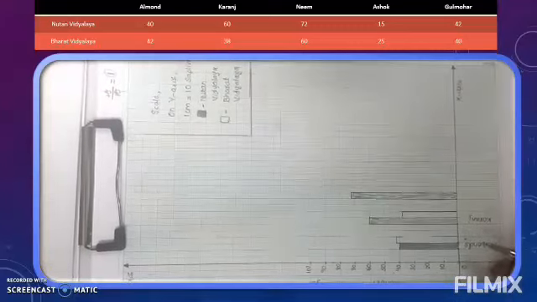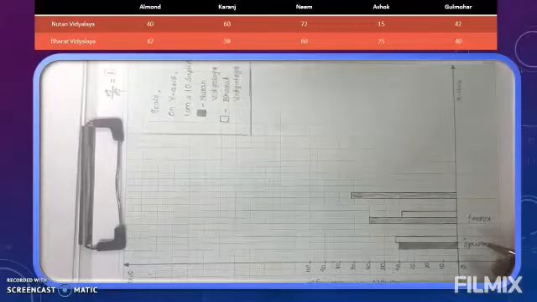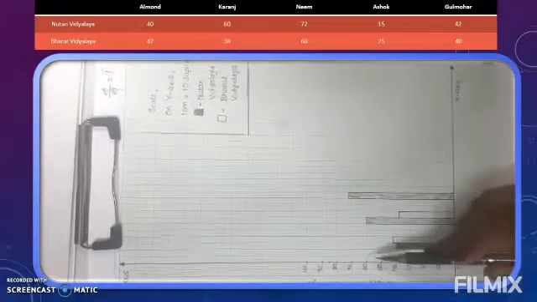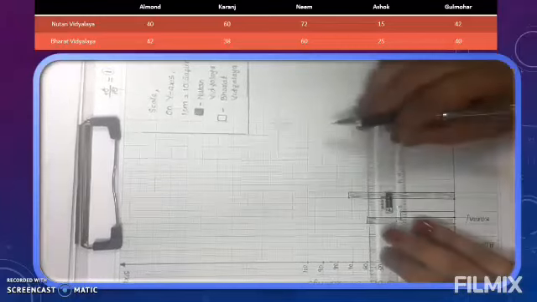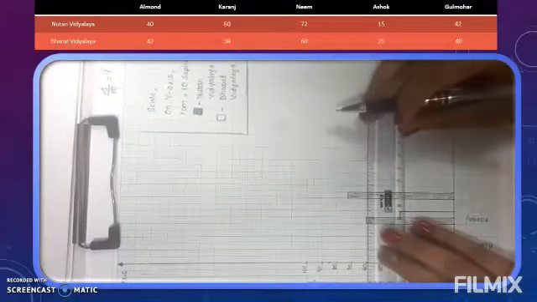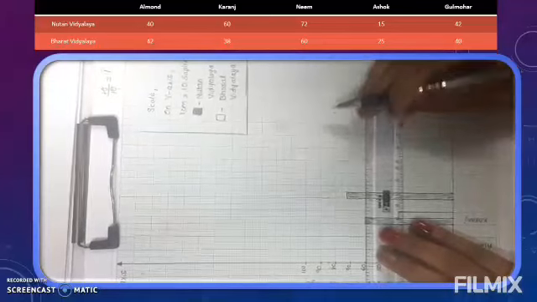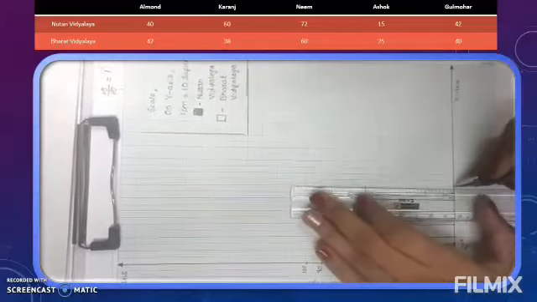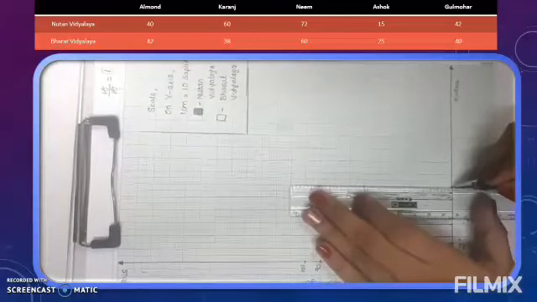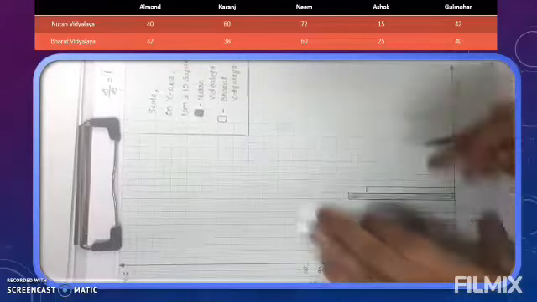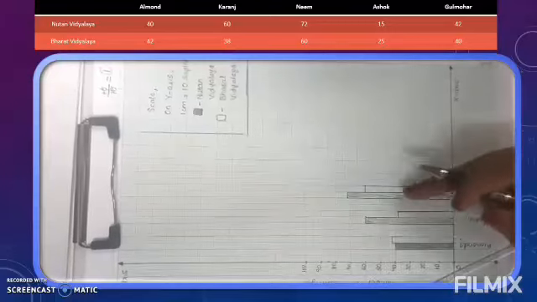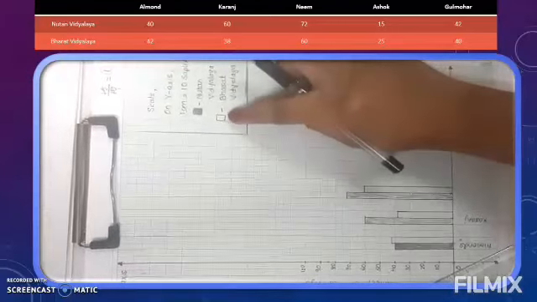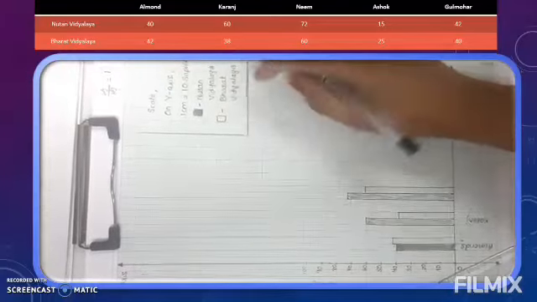Along with this I have Bharat Vidyalaya. Bharat Vidyalaya planted 60. So I have directly 60 over here. So I will put scale. I will keep scale till 60. And I will join till this darker green line. Then this work will be easier. Simply we have to join with x-axis. Now is there need to shade it? No. Why? Because this is Bharat Vidyalaya information and that we have to keep it blank.